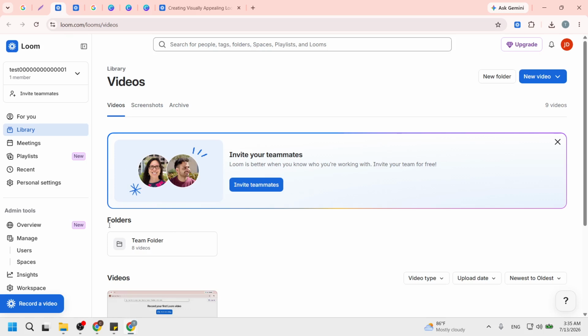Now locate the folder you want to share. Once you are logged in, look for the Folders section on your dashboard. You'll see all your created folders displayed as cards. Each folder contains videos and possibly other content you wish to share. Take your time to find the correct folder, as this ensures you share the right materials with your audience. This careful selection saves you from any confusion later on.